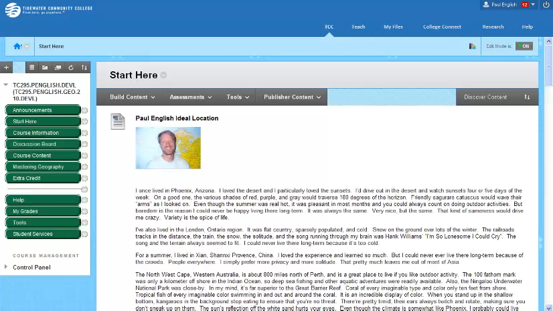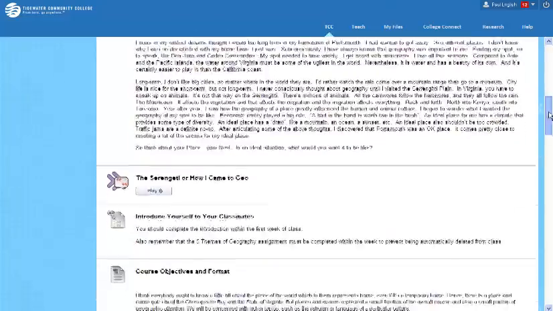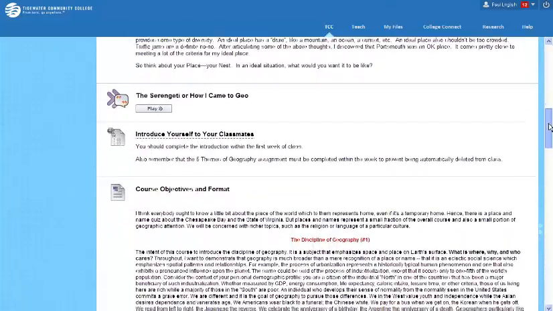And so you can see that the first item there is my ideal location. I talk about myself a little bit and places I have lived and how the environment and geography affected me. Let me scroll down as we go through the different files in here. I'll try not to go too fast to get you dizzy. The Serengeti, so this is a voice announcement that talks about my experience in the Serengeti Plain, and it's really how I came into geography. I saw what a tremendous influence the rains and the monsoon had on the animals and so forth.